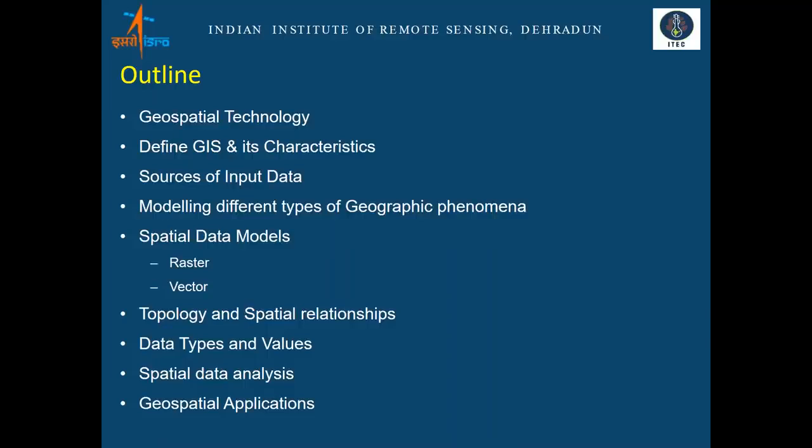So I will not touch in detail on the applications. Maybe only one slide I will try to touch upon, showing how GIS is being used in various applications, whether you talk about governance applications or health. There are so many other areas. So now coming to